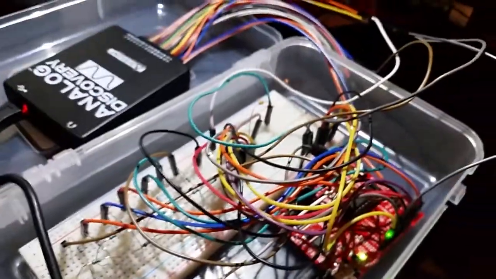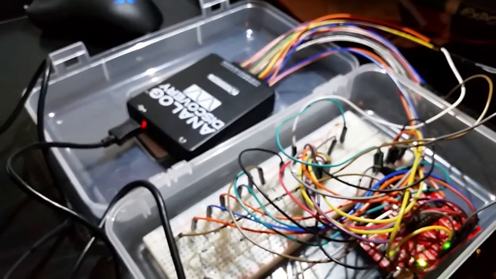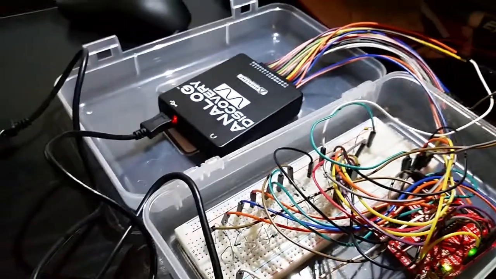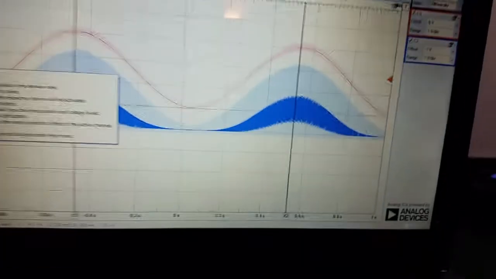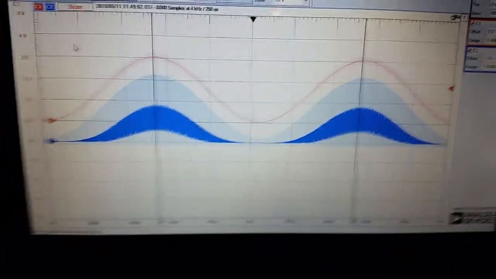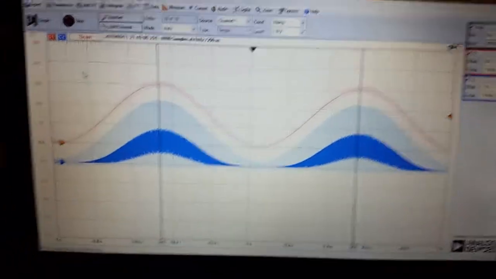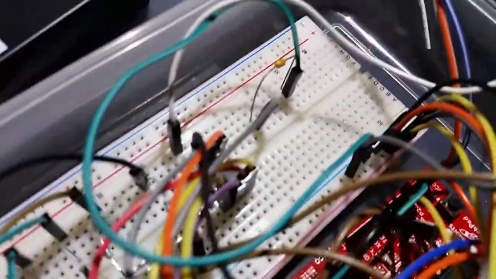So, if we check out the computer, we can see what kind of signals we're getting. So right here we have our oscilloscope showing two channels. The orange channel, channel 1, being the output of the DAC that we're using, which is over here somewhere, in there,